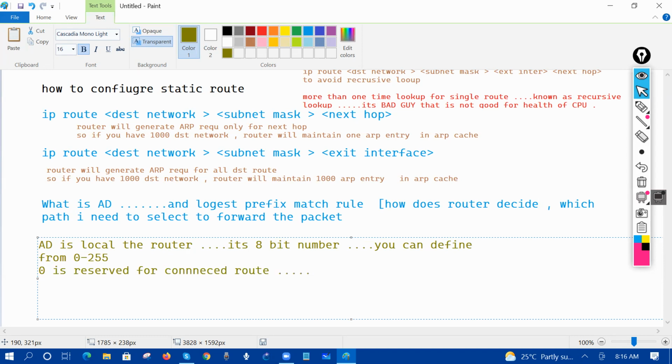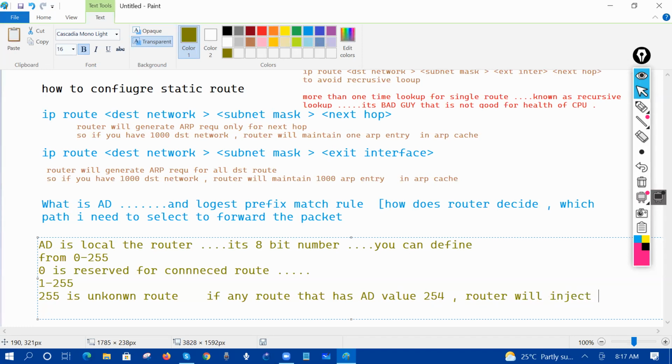You can define values like 1, 2, 3, 4, 5, 6, from this range. 255 is unknown, right? So if any route has an AD value of 254, the router will